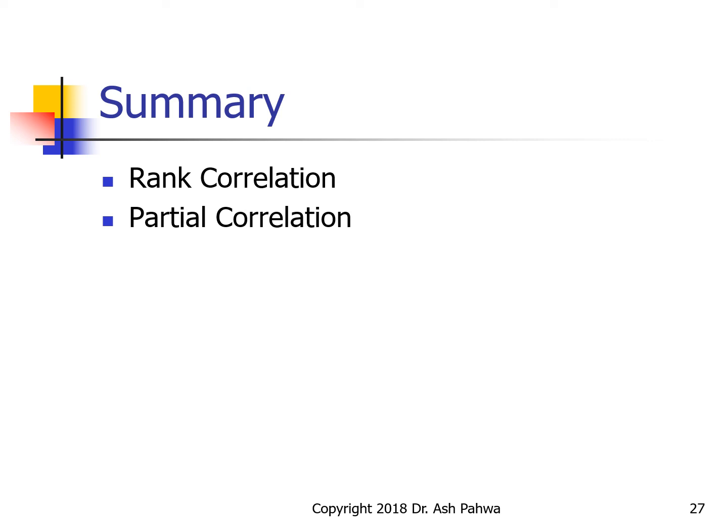The second thing we looked into is partial correlation. Partial correlation is used in those places where we have a lurking variable or a third variable that plays a role in computing the correlation between two variables. So if you have two variables and they show some high correlation, then you have to apply your own common sense and see if there should be a high correlation or not. And if you suspect that there should not be a correlation,